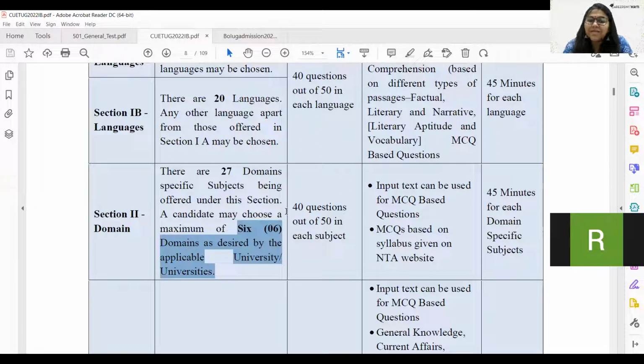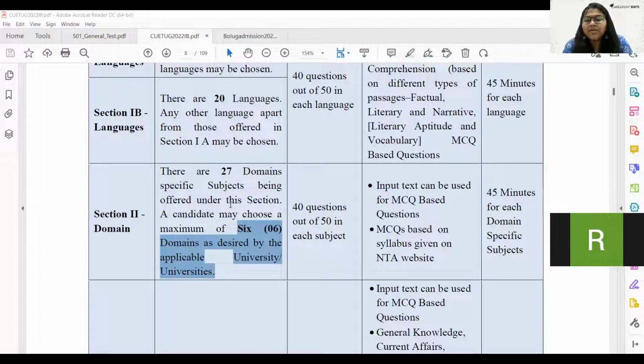The answer is yes, you can apply to more than one program. You can apply to more than one program from the same university as well as from different universities. You can even apply for the same program at different universities. So in that case, for each university, you will have to look at the guideline from that particular university